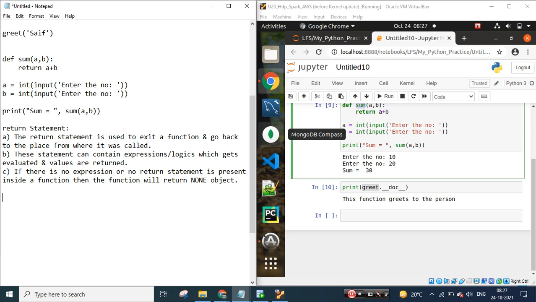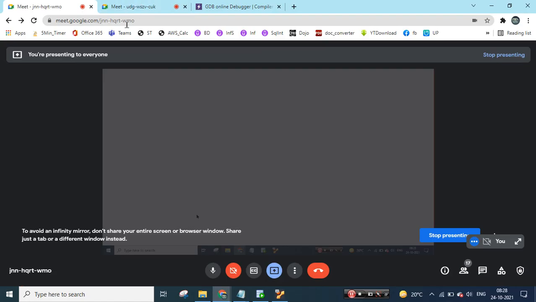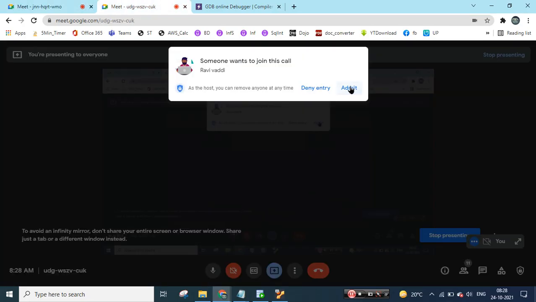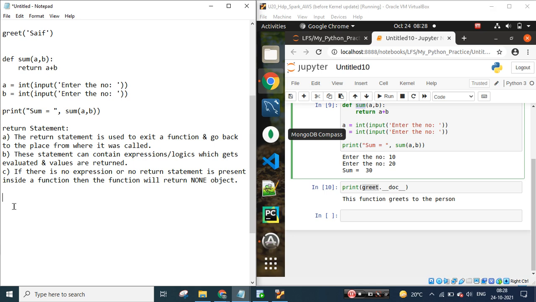So what I was trying to say is, when we are trying to create functions, we can pass default arguments, required arguments, keyword arguments, and variable length arguments. Different types of arguments we can pass. So what does the default argument say? As the name itself suggests, what it says is